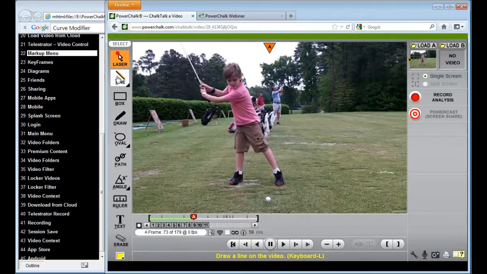All right, so within curves, within the line tool, if I draw a line, you'll notice that this curve button comes on. The minute that line is drawn, the curve button comes on. And if I hit curve, my cursor changes, and it basically allows me to grab the line and pull the line. So not particularly appropriate in this, but in gymnastics and diving and a lot of the sports